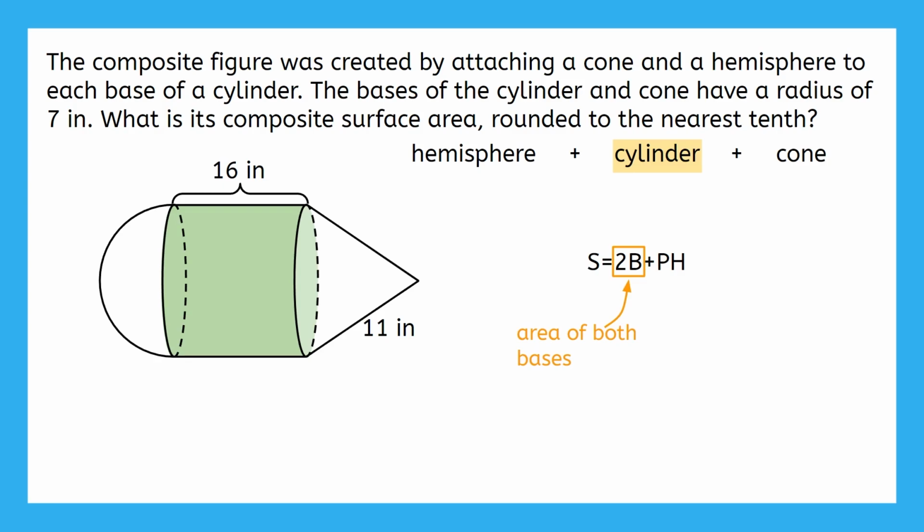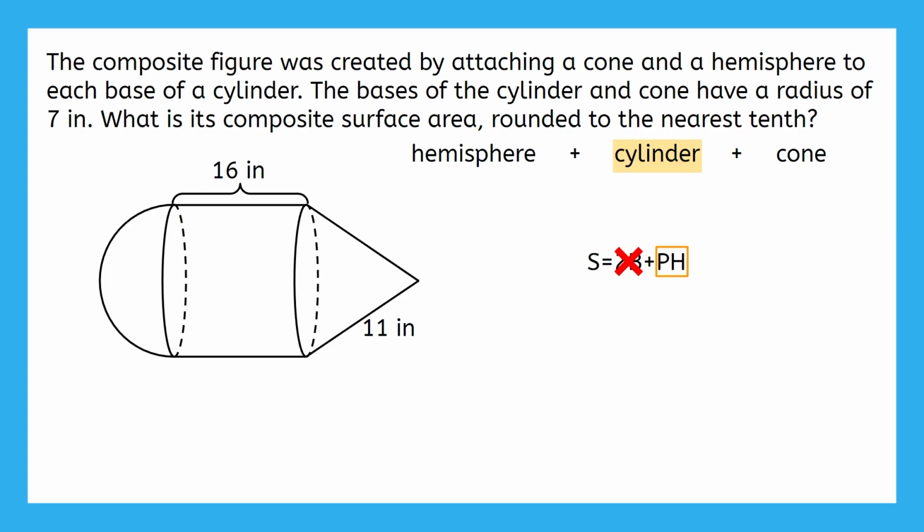Take a look at our composite figure again, and specifically, look at the bases of the cylinder. Imagine you were wrapping this figure in paper. Are the bases part of the surface area? Are both of them part of the surface area? Just one? Neither of them? Neither of these bases are on the outside of this figure anymore, so we could just get rid of this term. How about big P times big H?